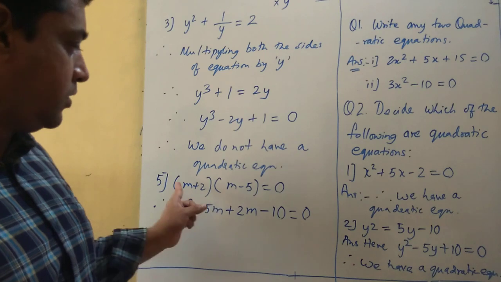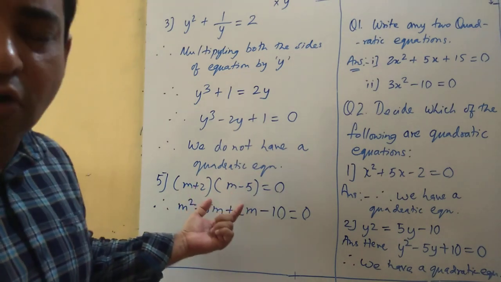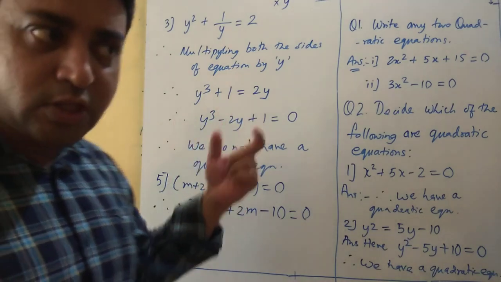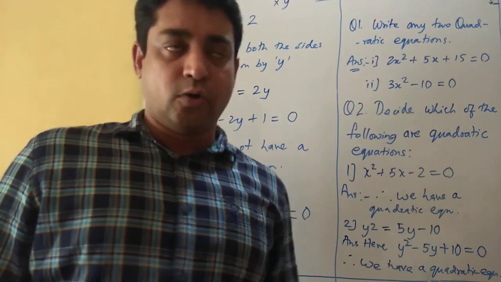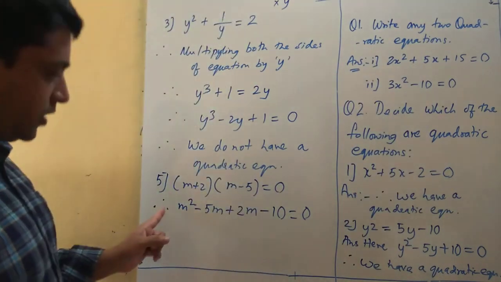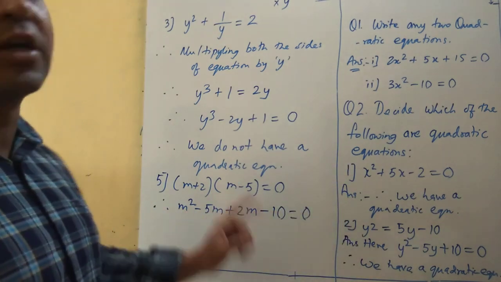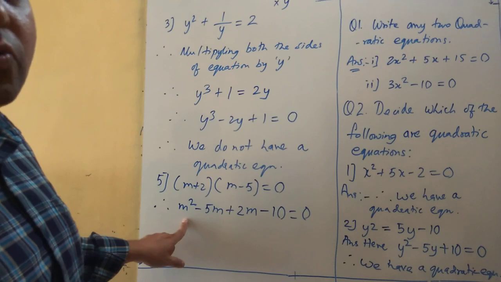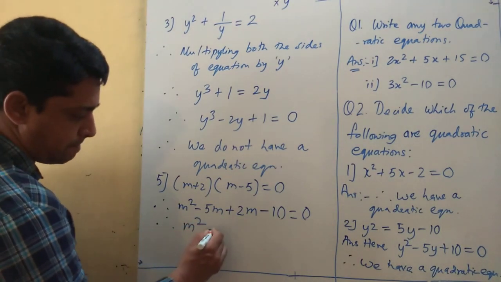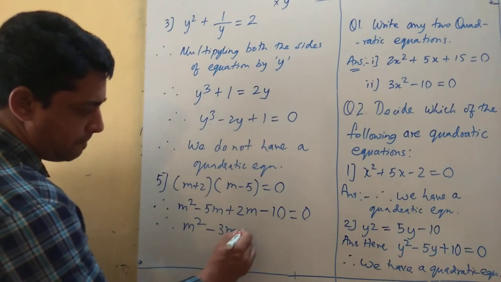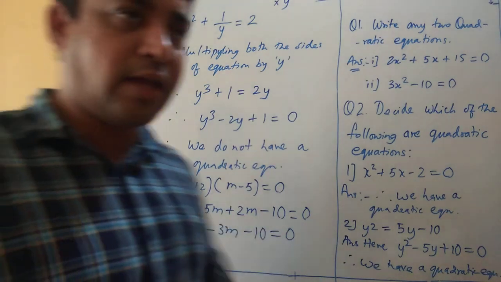The suspense will be over whether it's a quadratic equation or not. Okay, at the start when the original expression was given, it looked like this is not a quadratic equation. Why? Because the square, the index degree 2 was missing. But now you can see here, all of you might have assumed this is a quadratic equation. We have got the degree 2. Okay, but we'll have to simplify. Let's simplify. M square minus 3m minus 10 is equal to 0. Okay, so this is your final equation.